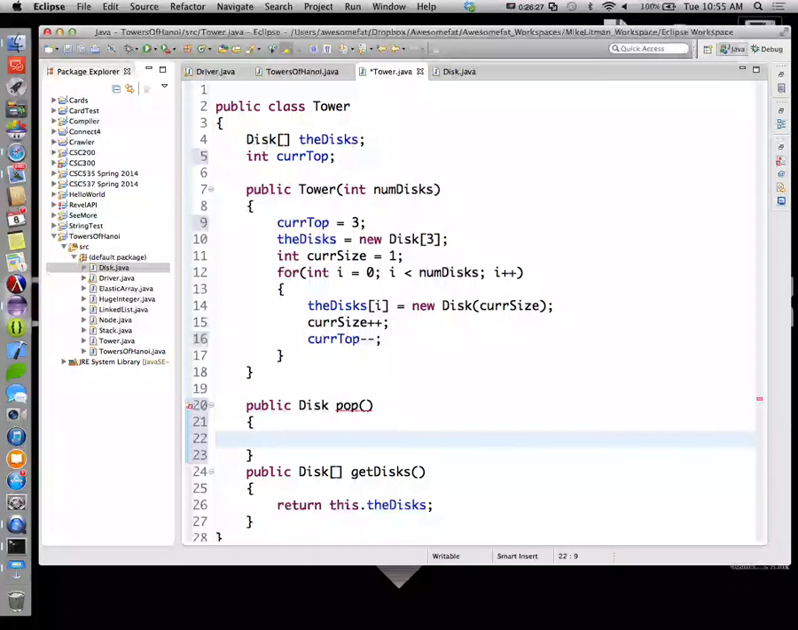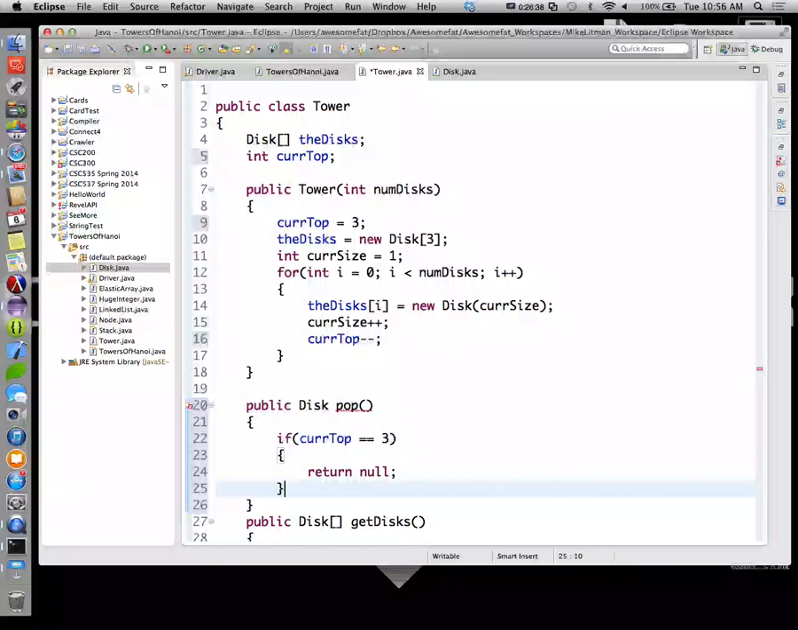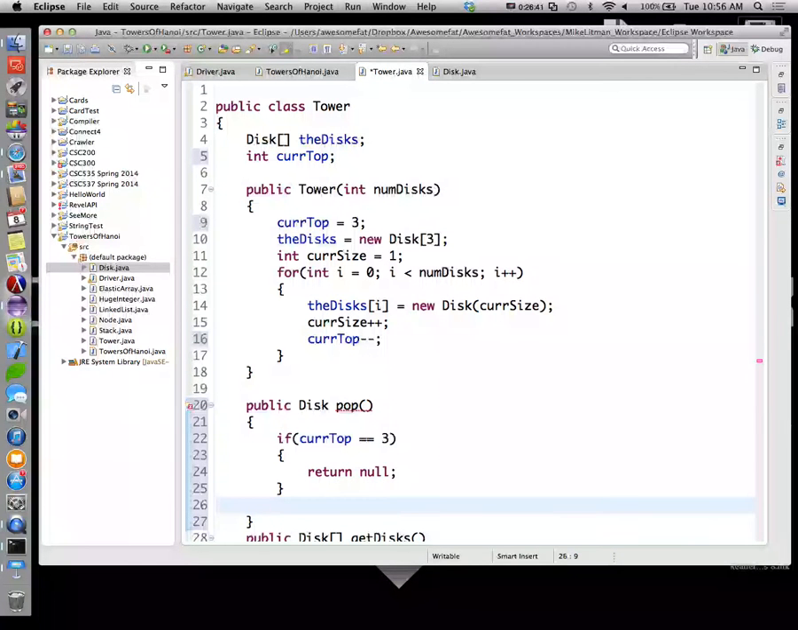And what's pop going to do? Well, if cur top is equal to 3, if this is an empty tower, let's just return null. I have nothing good to return for you, so I'll give you nothing. So I definitely don't want to access bucket 3 of a 3-bucket array, because that'll give me an array index out of bounds here. Otherwise, I'll return the disks